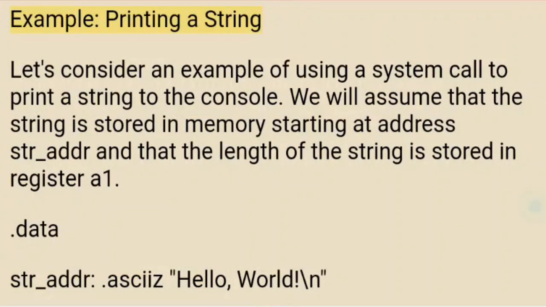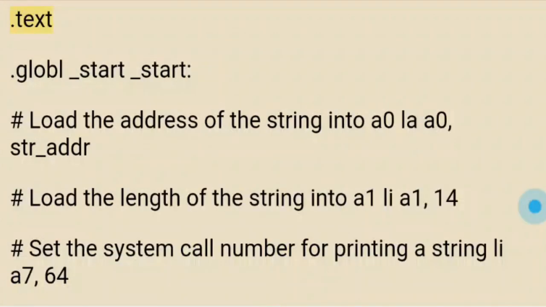Example: printing a string. Let's consider an example of using a system call to print a string to the console. We will assume that the string is stored in memory starting at address str_addr and that the length of the string is stored in register A1. Data: str_addr: .asciz "Hello, world!\n". Text: